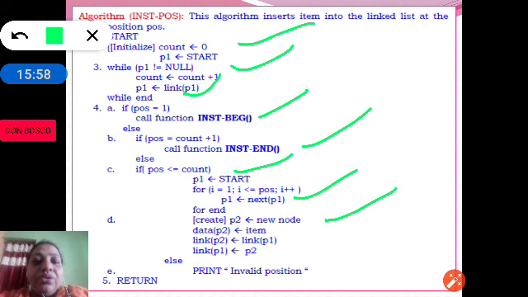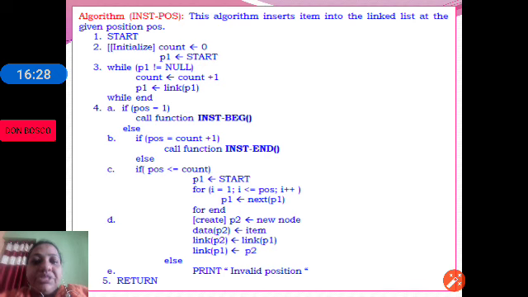Now the node we want to attach is P2. So we are adding the item of data, and then you can observe link of P2 is equal to link of P1. So link of P1 is pointing to the specified position, and that following link will be stored in P2, and then we are assigning P2 to link of P1. Otherwise we will print invalid position.